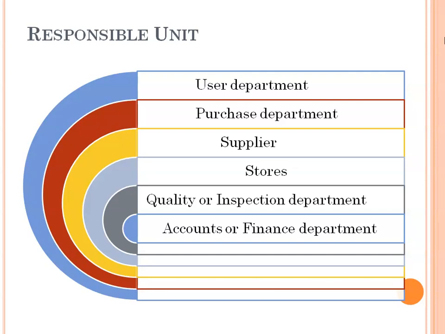Okay, now check if the material required is in stock, and if it is in stock, then the material is issued to the user department, and then a purchase requisition is filed. So this is the activity. Who is responsible for this? Who will check whether the material is available in stock or not? No, stores has all the records, and who will check? The purchase department will check,